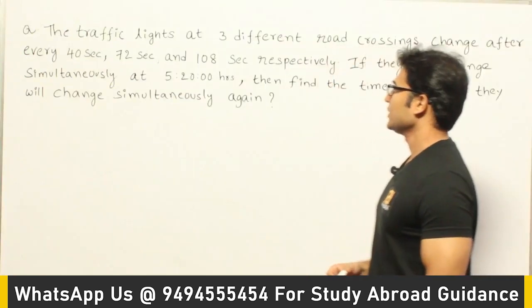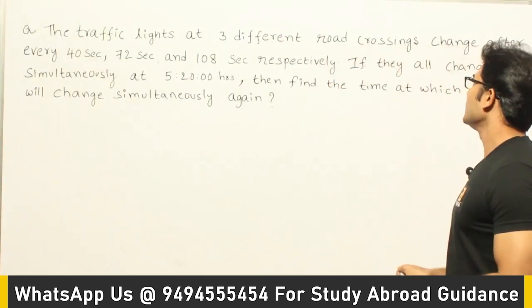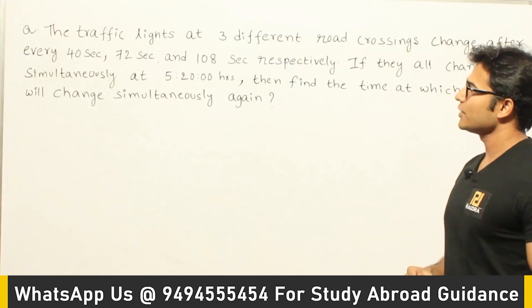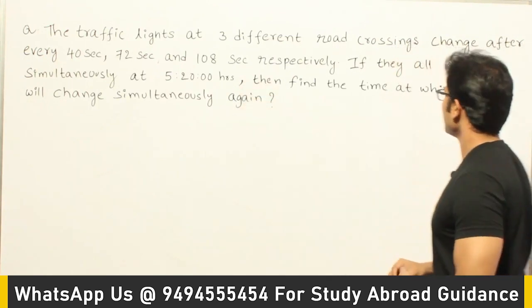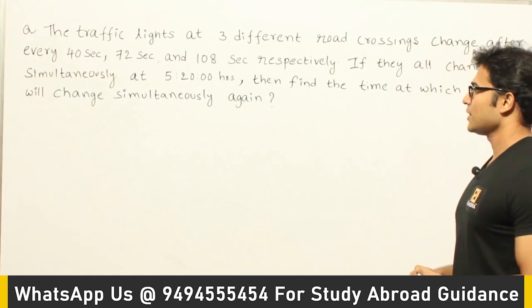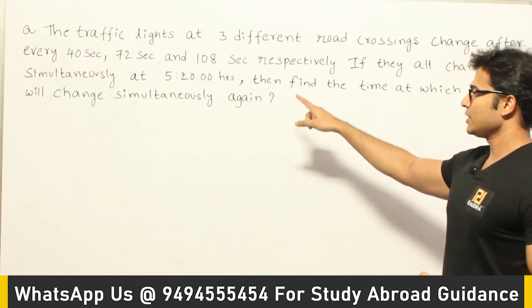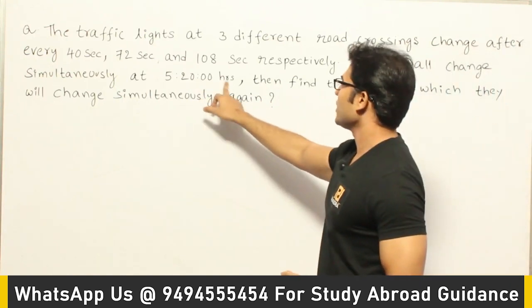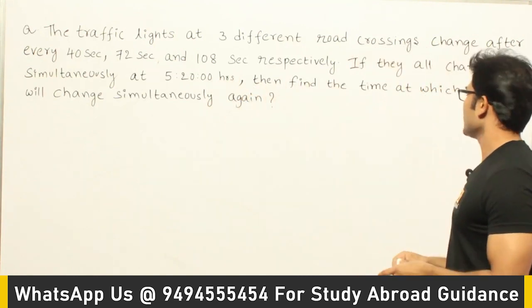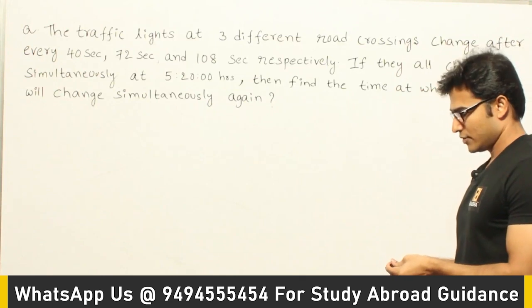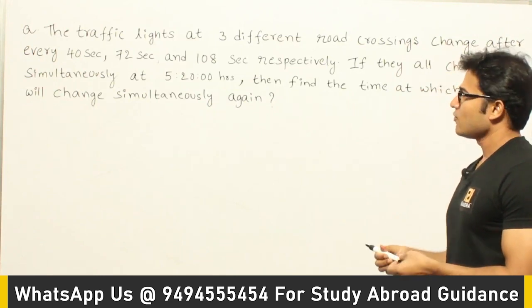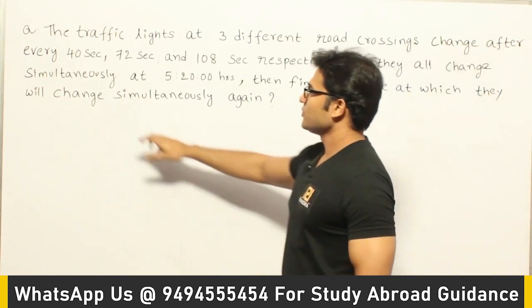Now let's see this question. The traffic lights at three different road crossings change after every 40 seconds, 72 seconds and 108 seconds respectively. If they all change simultaneously at 5:20 hours, then find the time at which they will change simultaneously again. So if you see this, they are saying that one traffic light is going to change every